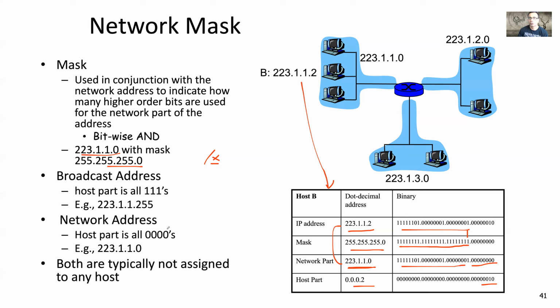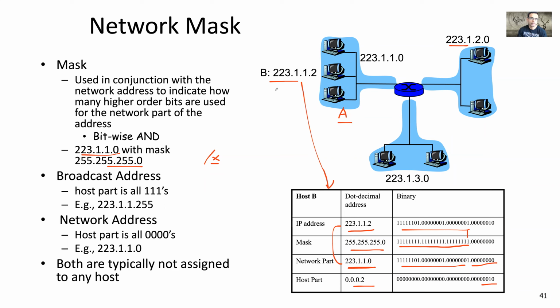Why does the host want to know that? So again, this will become a little more apparent later. When a host is sending a packet to a particular IP destination, let's say this host B wants to send a packet to another host A here. The first thing the host would do is it would know A's IP address, and it would know its own subnet mask. So it will do this math to first check if A belongs to this same subnet or